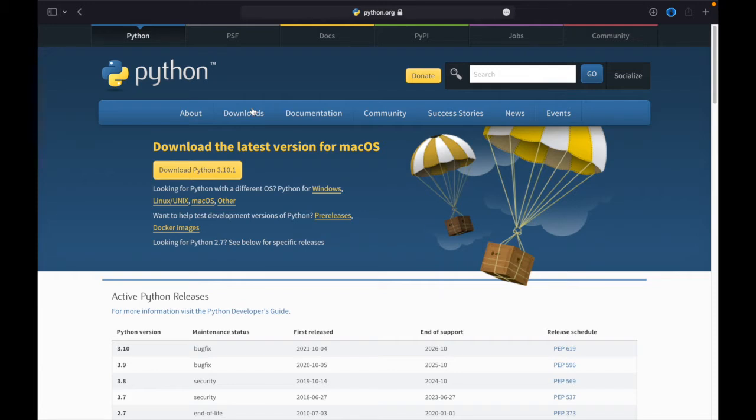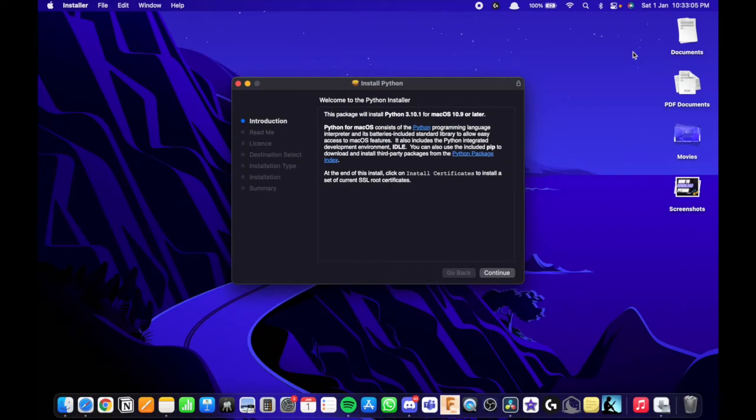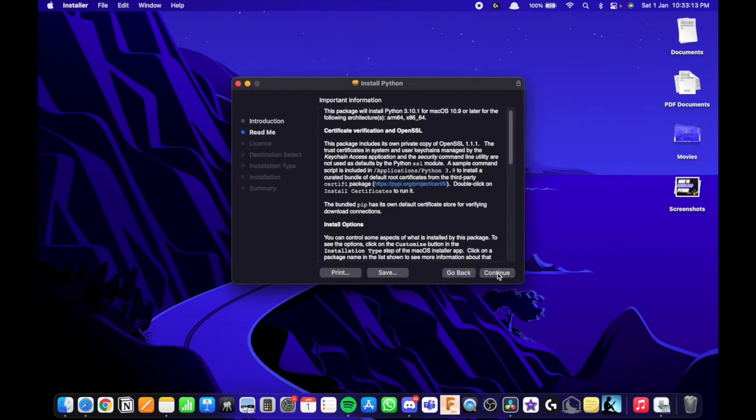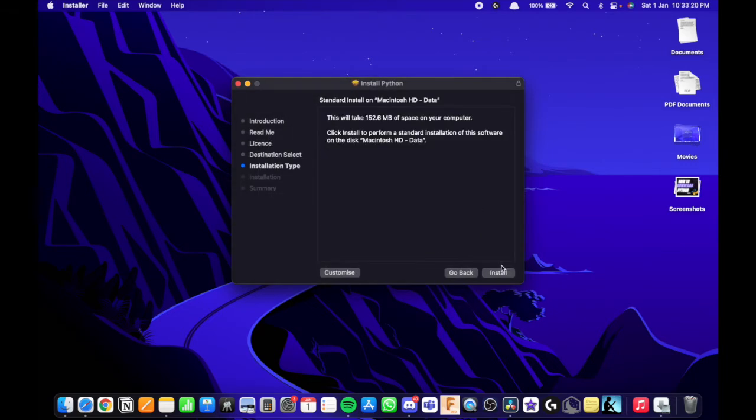Python as well. So let's go ahead and download Python 3.10, and here we should have the Python 3.10 installer. Simply double click. You are going to see an installer like this. With this wizard, we are going to install Python 3.10 on our computer. So simply click on continue again, and here we have to agree to these terms and conditions. And here we have to click install.